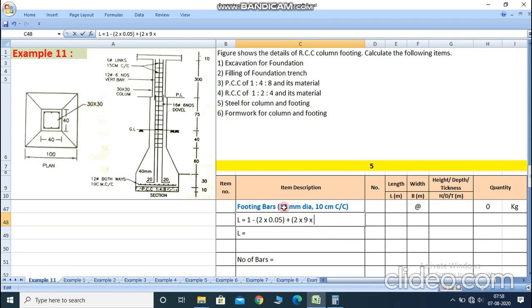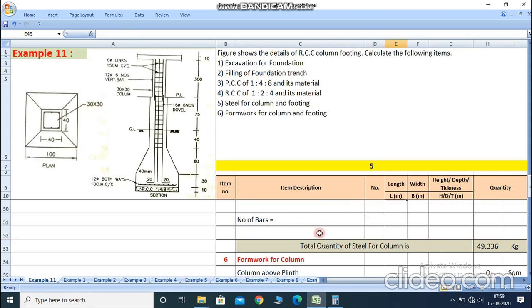Diameter of the bar is 12 mm dia, already given, both the way bars 12 mm dia. So write here 12 mm diameter of the bar. Now multiplication and summation of all the values, we find out the total length of the footing bar is 1.12 meter length. Clear? So here we write 1.12 meter length. Then after we find out the number of the bars required. Numbers of the bar